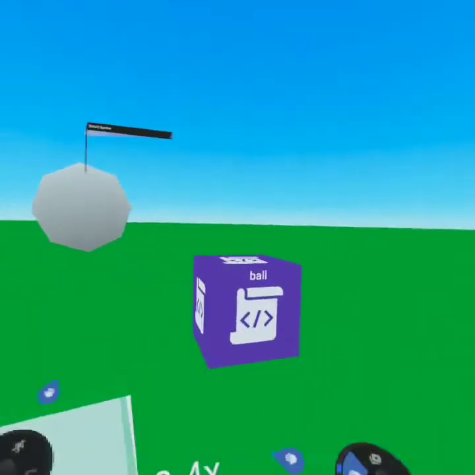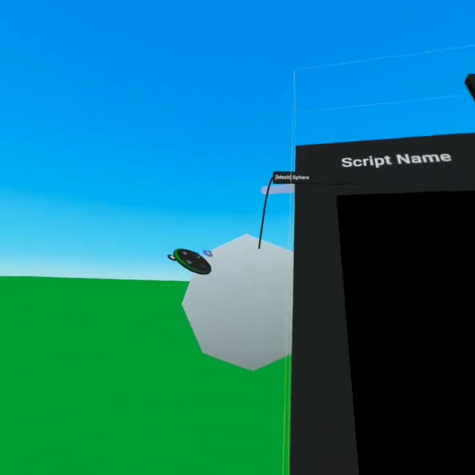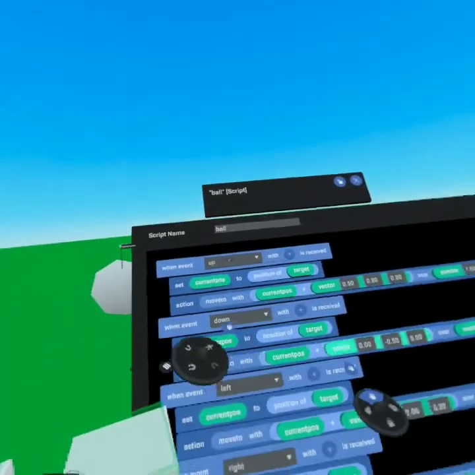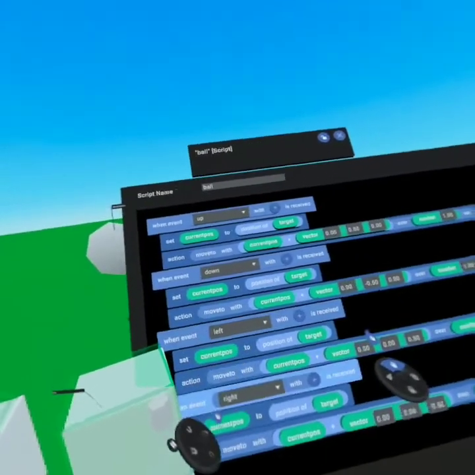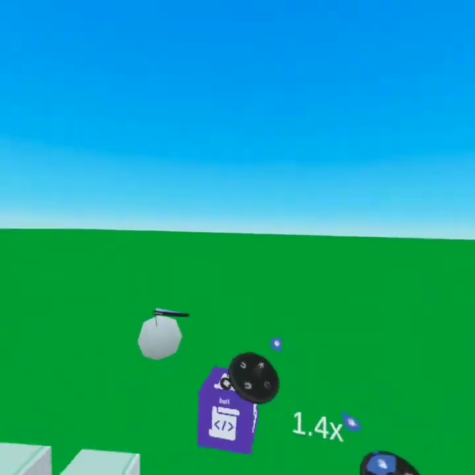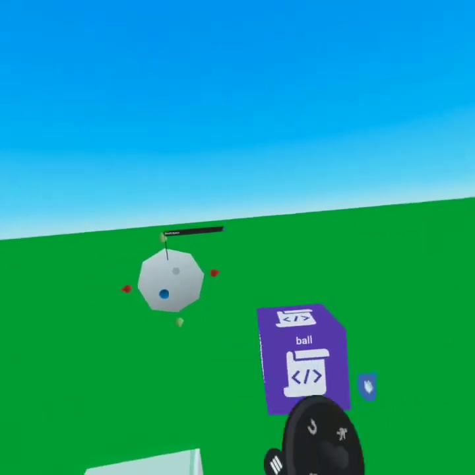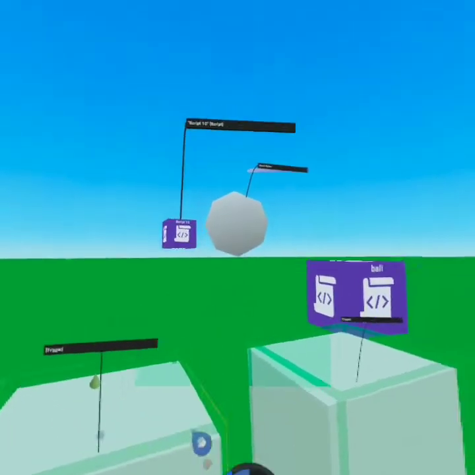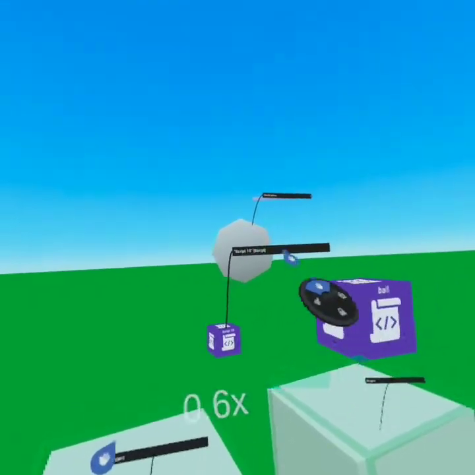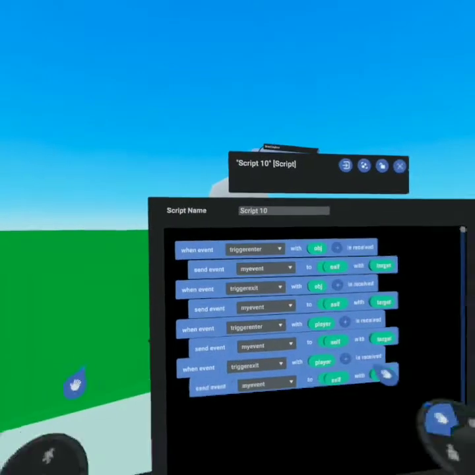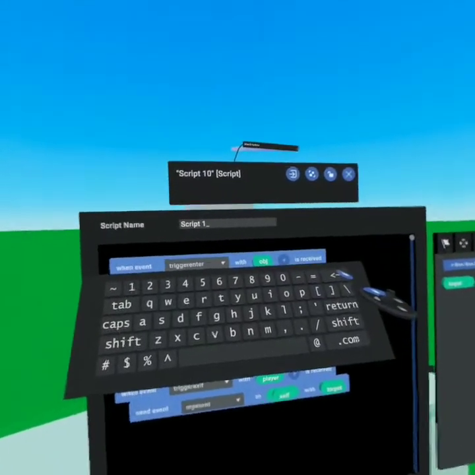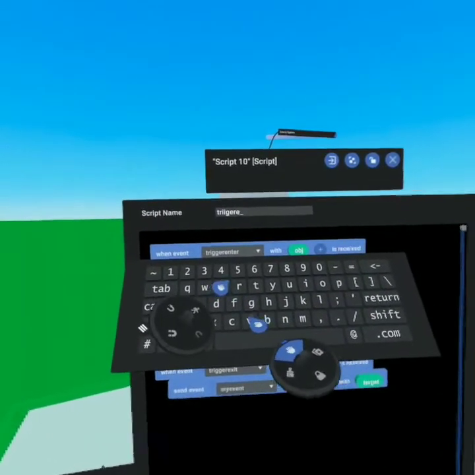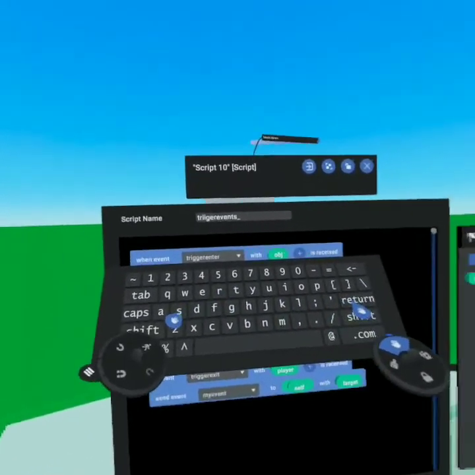And what is the event name? Well, when we come back to ball over here, which is attached to the sphere, we remember that the event up is received, down is received, left is received, and right is received. So those are the events that this is looking for right now based on what the script is telling it to look for. So we're going to tell this to send that event up to that ball. So inside that script, which we'll name trigger events,